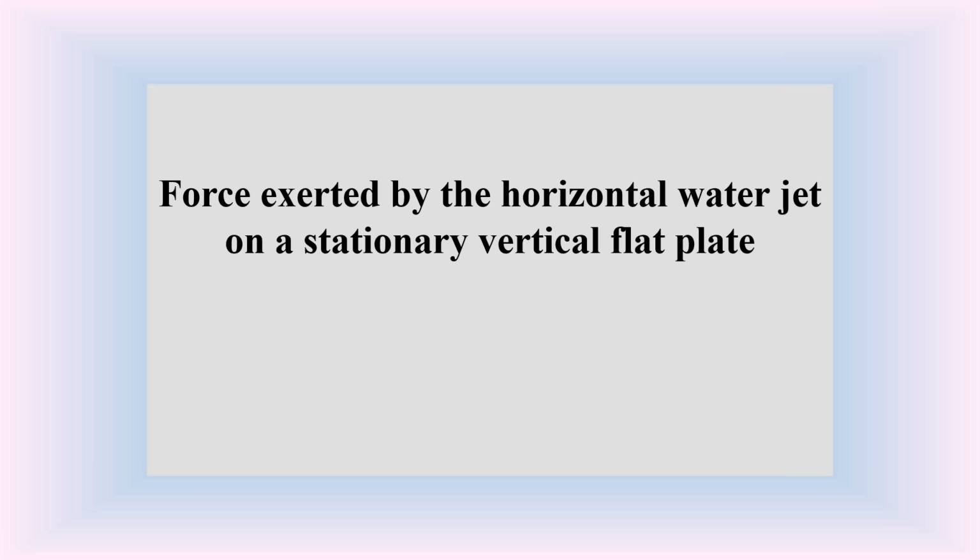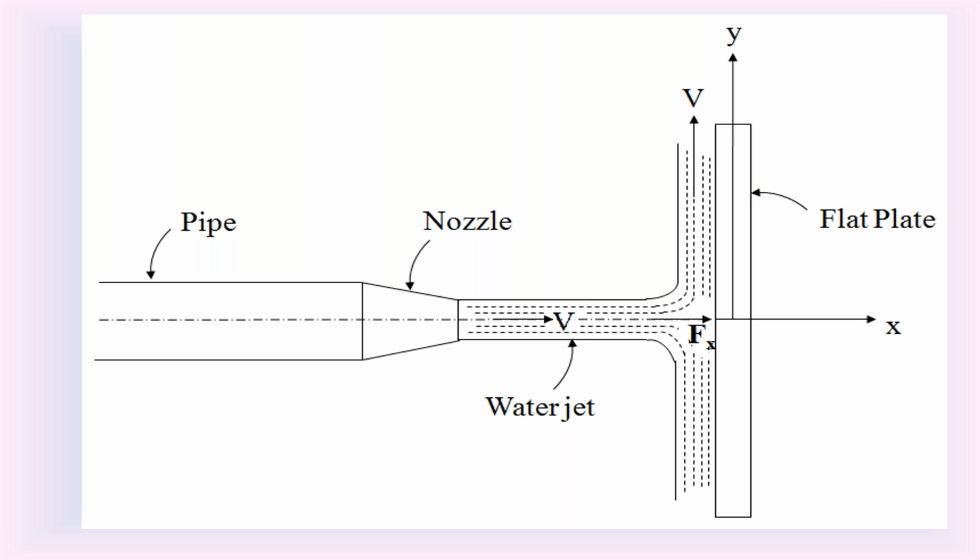So in this first condition, first we consider the water jet coming out from the nozzle. It is a horizontal water jet. So check the diagram please again. First we consider the water jet coming out from the nozzle. It is a horizontal water jet. The water jet is moving horizontally with initial velocity v. V is the horizontal initial velocity, and this water jet is hitting the stationary flat vertical metal plate.